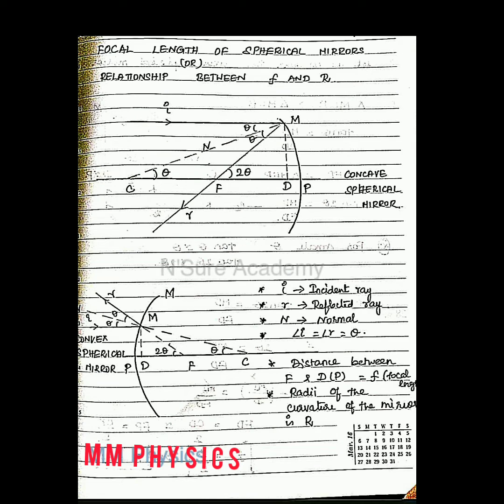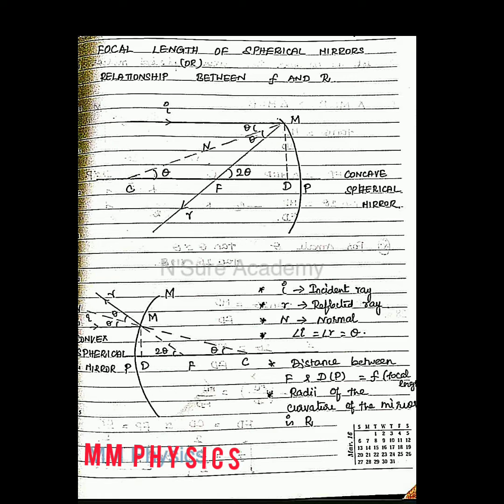Hi students, let's see the derivation for the focal length of the spherical mirrors, or the relationship between F and R. Here we can see two diagrams, of a concave spherical mirror and a convex spherical mirror. In both, I is the incident ray, R is the reflected ray, and N is taken as a normal